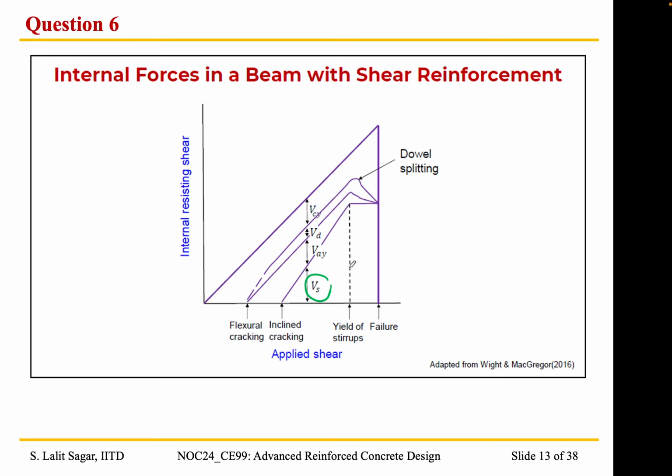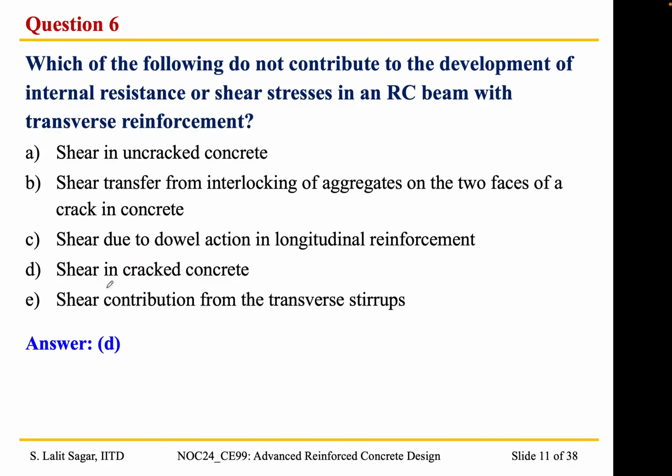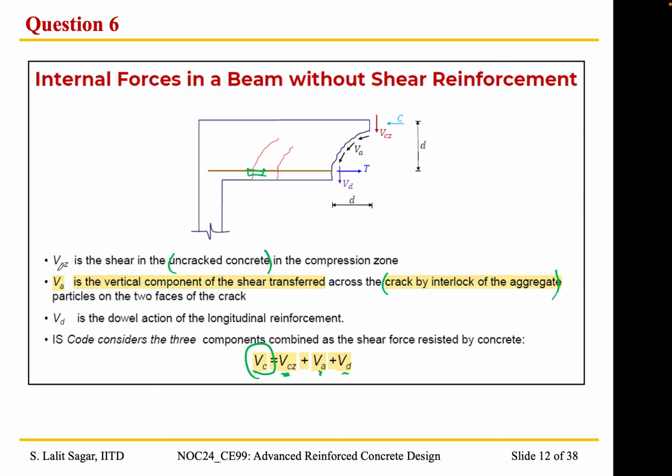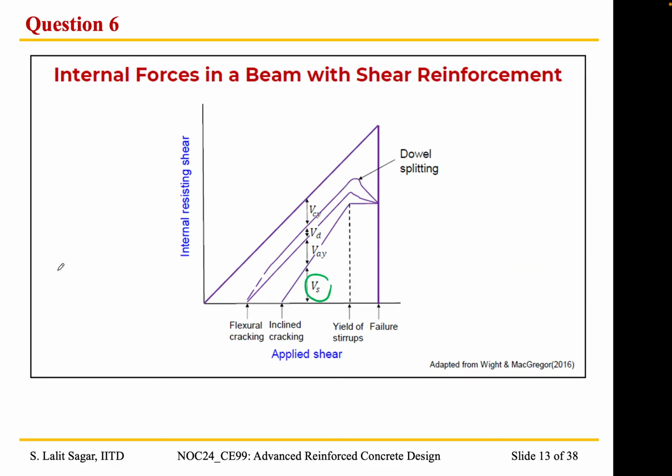Okay, so as we can see in these questions, options A, B, C and E together account for the shear resistance provided by a reinforced concrete beam having transverse reinforcement. So option D is the incorrect option, and hence it is the right answer for this particular question. So moving on,